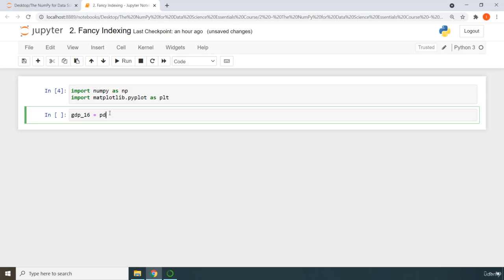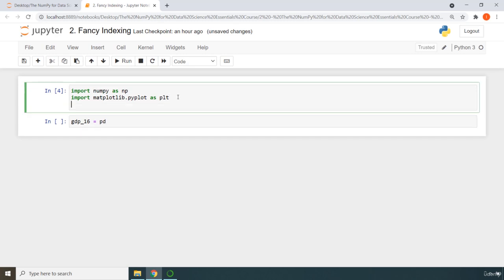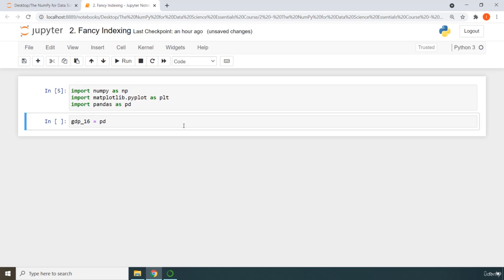We are going to grab pandas as well, so let me import pandas. We are going to use the pandas read CSV API to read in all the values from the CSV. So pandas as pd. In here I'm going to say read, so we are familiar with this method, read CSV. Where is that? It is within the same directory. So there is a folder in this directory. The name of the folder is data. Within there, it is